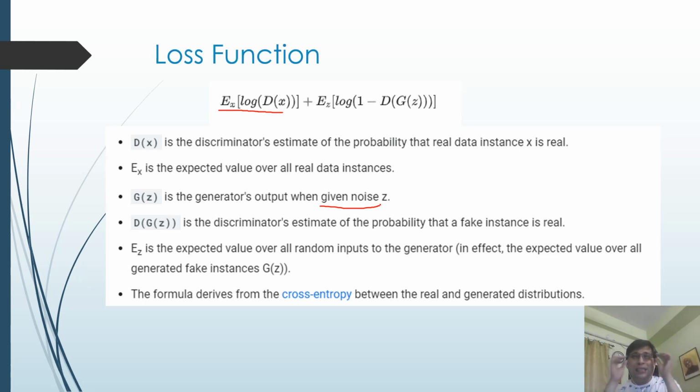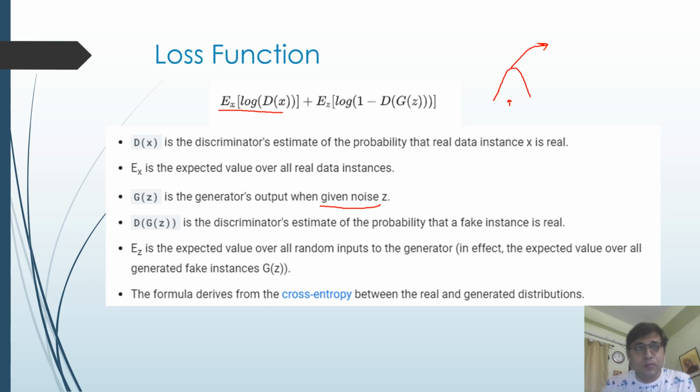Think of a multivariate probability distribution, or let's take a univariate one. The most likely value may be somewhere here, and corresponding to it a particular type of sample gets generated. So every time you would get the same generated value. When you add the noise, even if you are given particular cat images, the cat images produced by the generator have some variance. Otherwise there is no use of it. So there is some diversity which comes because of this noise.